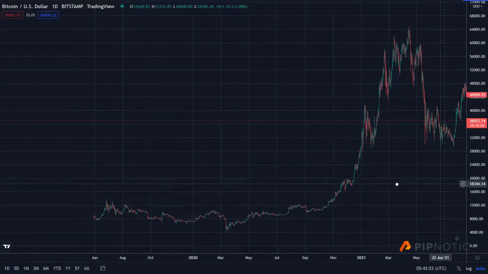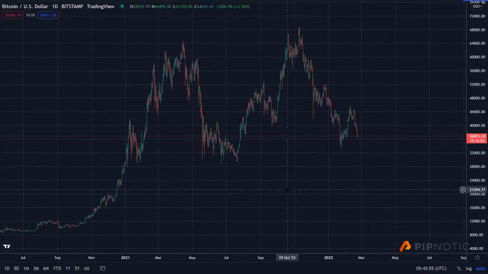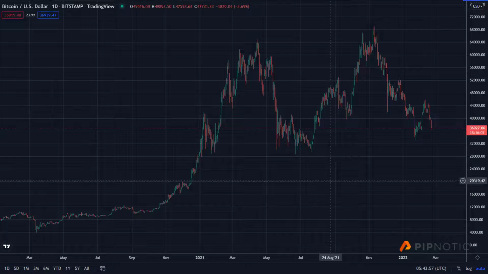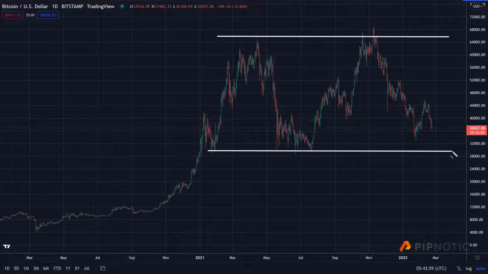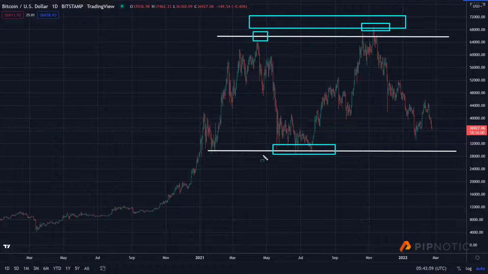Okay, so if we focus on this here, we're going to go out all the way and stay right here like this. If we notice, where did price turn around? Both above and below. If we do an average, we turned around there, and we turned around here. So what does that tell us about these price points, down here and up here? Well, that tells us that we have willing sellers here and we have willing buyers here.